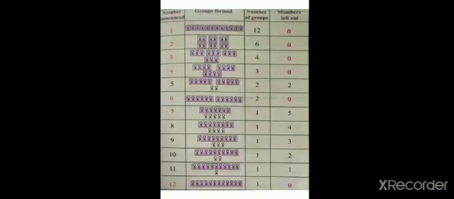So here 1, 2, 3, 4, 6 and 12 are the groups where no one is left out. All are included in the group. In the group 1 there is 1 member in each group. In the group 2 there are 2 members in each group. In the group 3 there are 3 members in each group. In the group 4 there are 4 members in each group. In the group 6 there are 6 members in each group. In the group 12 there are 12 members in each group.